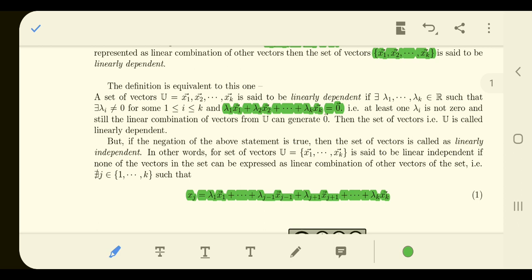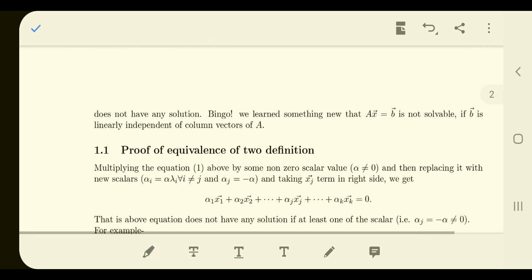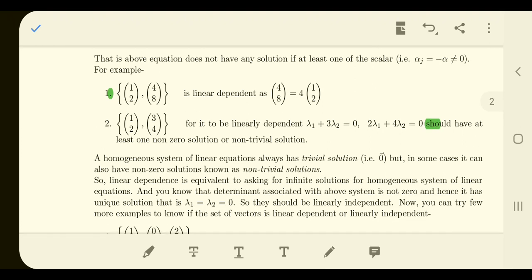Now, taking this particular definition, if you take one thing as the definition, then another thing can be treated as a theorem and you can prove it. So if you think about this particular definition and try to solve the second example,